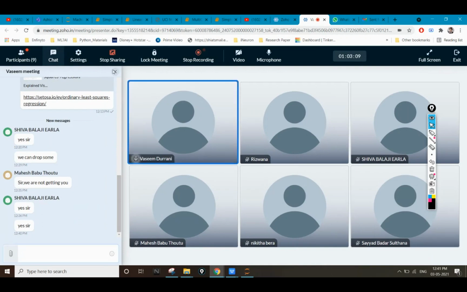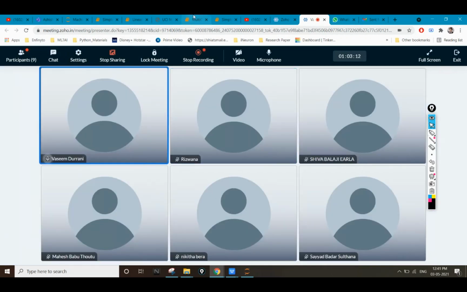I'll provide you both data sets, the data set with age and the data set without age, and you already have the Boston data set. Try to apply this R square concept and this OLS model on the Boston data set, with the age feature and without the age feature, and compare both R square values and the time required to calculate the fit.